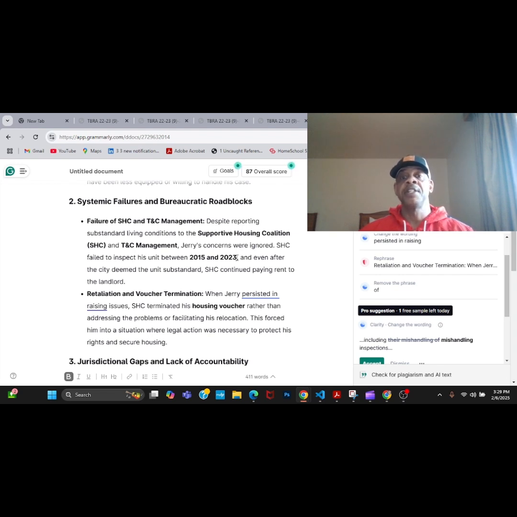I had to call the city's code enforcement. And after I called the city's code enforcement, they deemed that my unit was substandard, uninhabitable to live in. Ain't that something? So the housing voucher agency continued to pay the landlord rent.